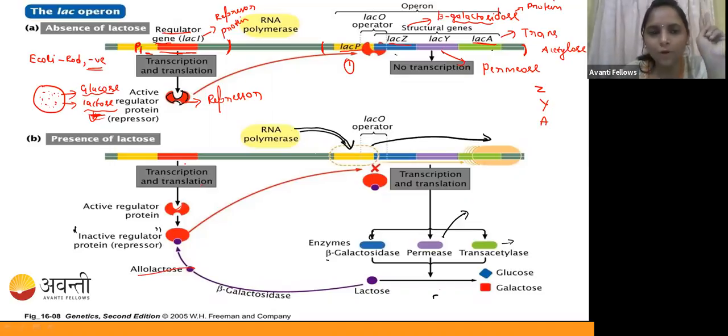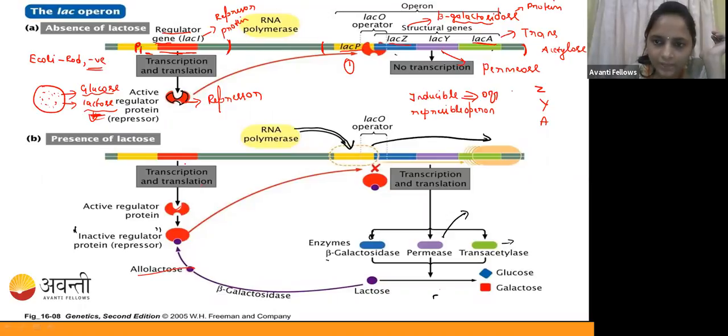There are two types of operon present. The first one is called the inducible operon, and the second one is called the repressible operon. Okay, guys. This lac operon comes under the inducible operon. Why are we calling it an inducible operon? Our gene was in the off condition, right? Because we have glucose, we do not want any lactose-breaking enzyme now. That's why it is in the off condition. Now we want to induce this after the completion of the glucose.